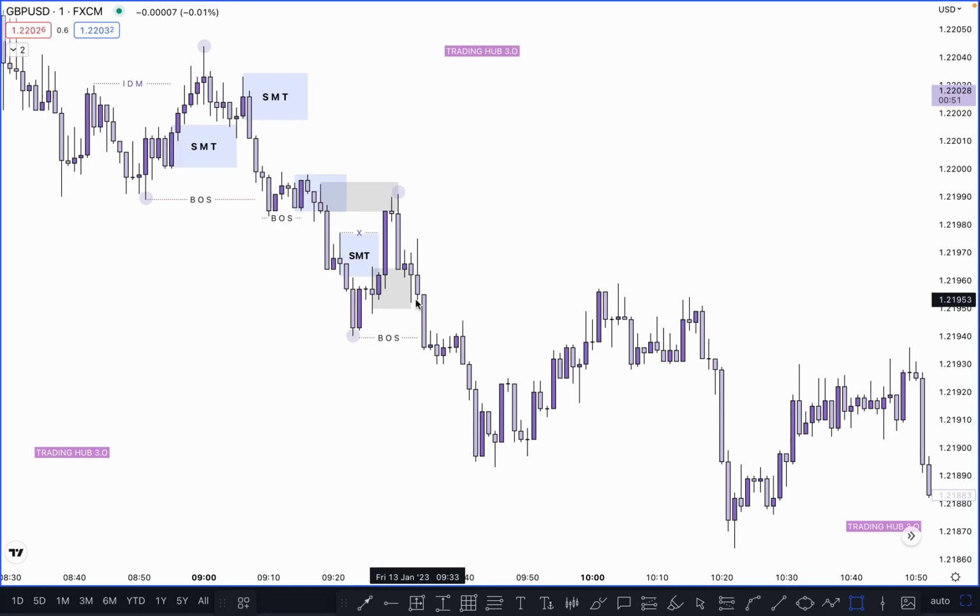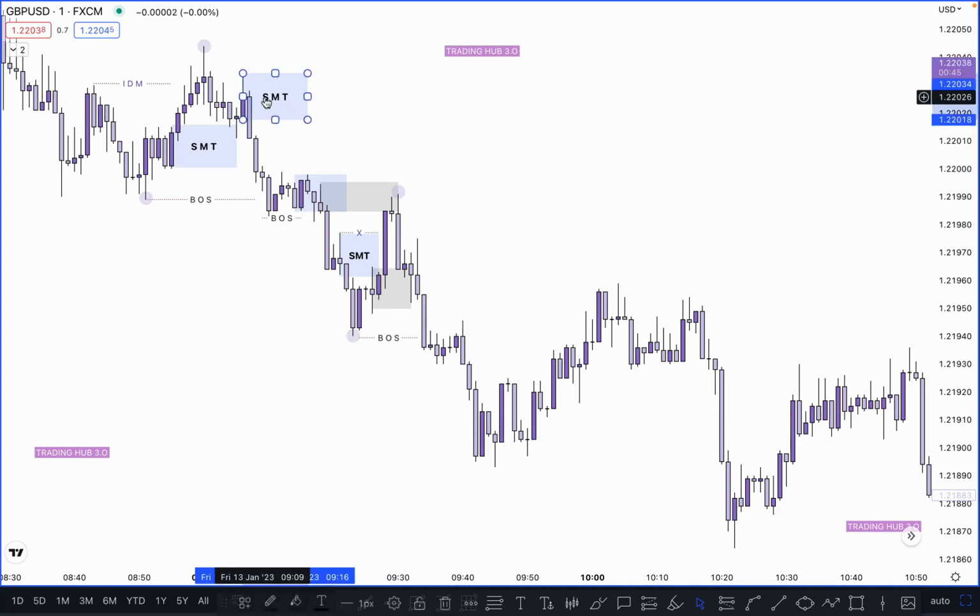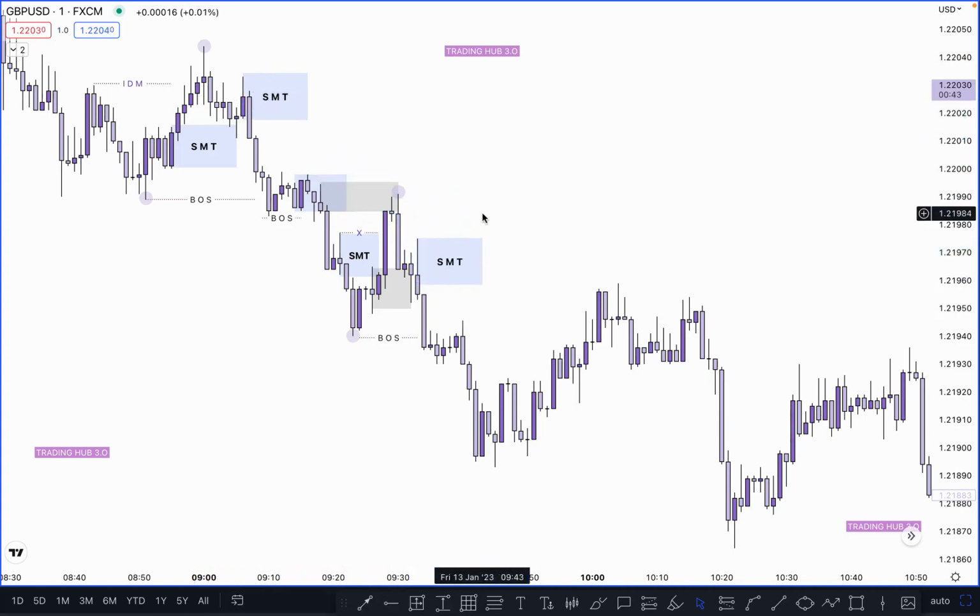After the break of structure, people are looking to sell here and here, right? But these are not a valid sell. These are all SMT until a new inducement is created at this point, right? So if you are buying or selling without inducement, it means you are selling on an SMT point. So you have to wait for the market to create a new